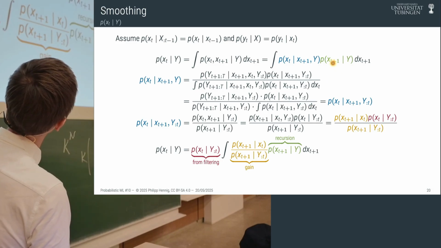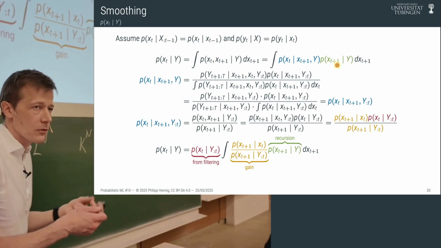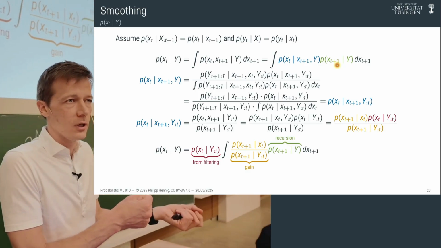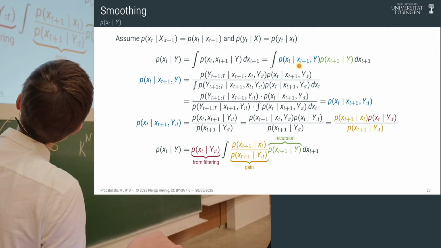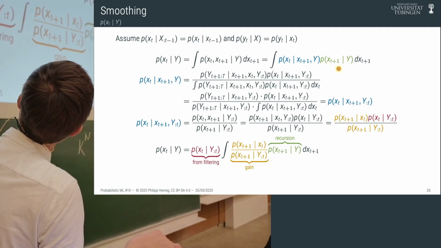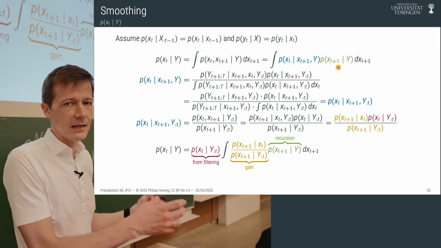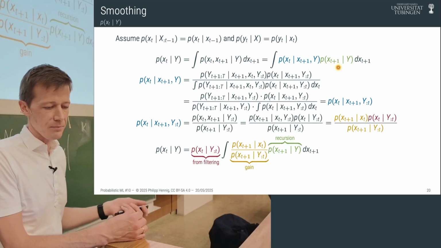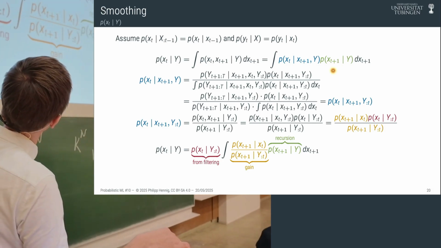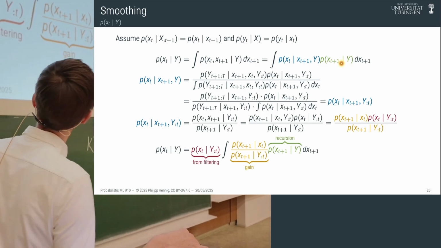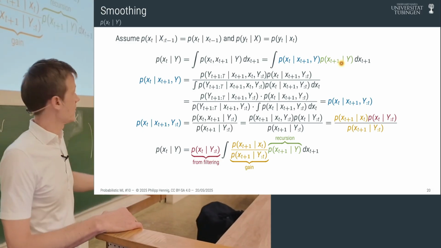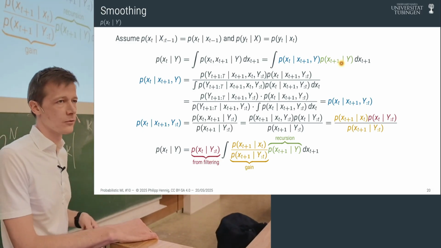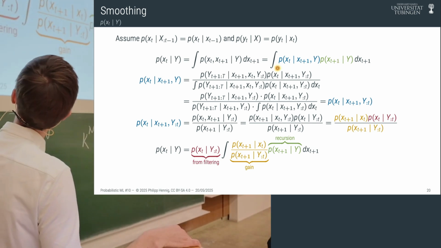Actually, maybe let's already think about this briefly. Why are we happy with this green thing? Because that's the recursive bit we're going to connect to. If you compare these two to each other, then they are exactly the kind of thing we need to do some kind of inductive reasoning. If you have p of x_{t+1} given all the y's, and we know how to get from 0 to t, then this is going to be the bit that tells us how to incorporate the future.